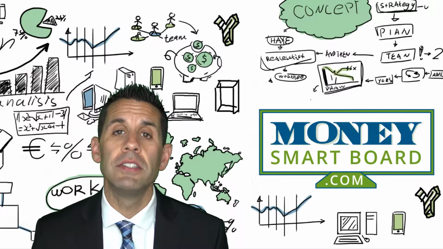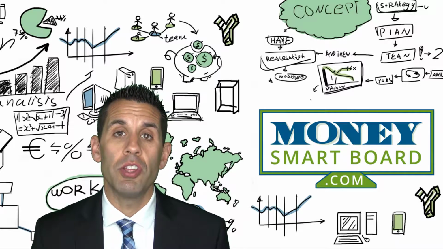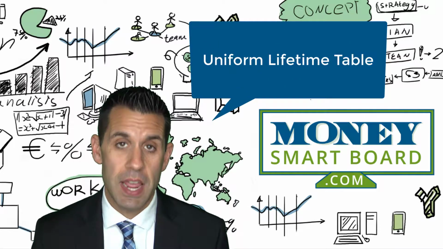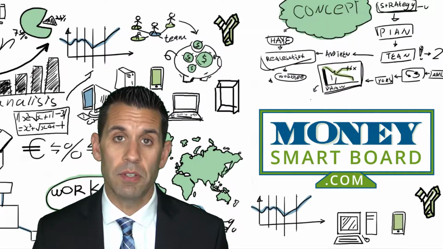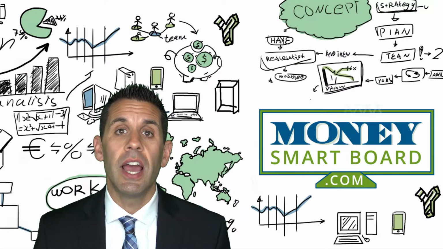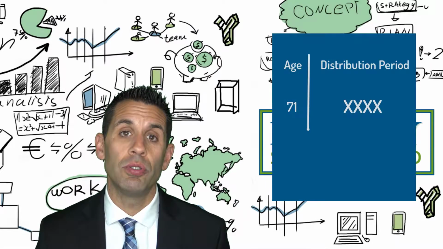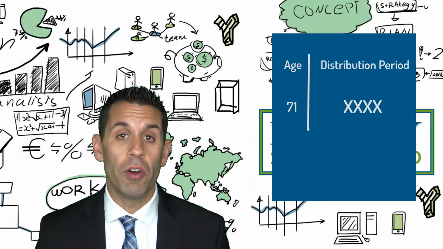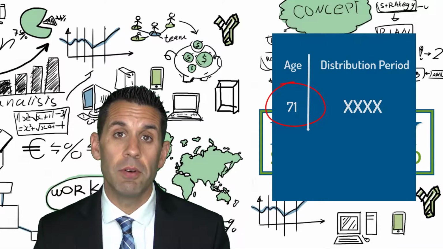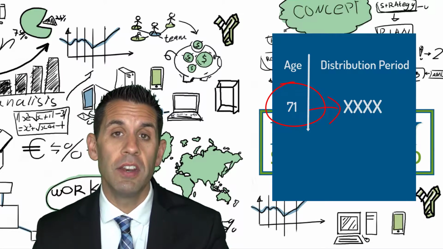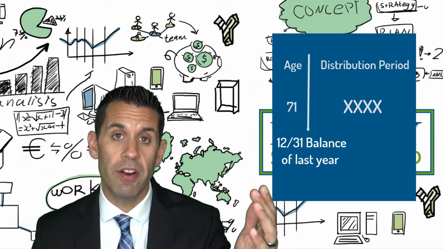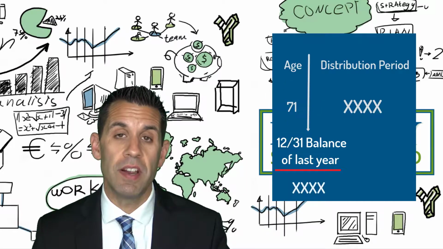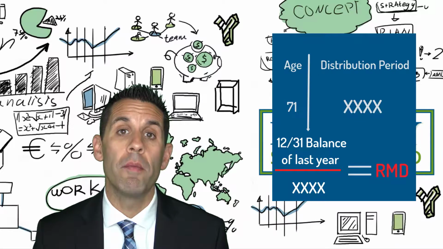So the amount is based on what's called a uniform lifetime table. If you look at the table, you're going to see two columns. The one column shows your age, and the second column next to it shows the distribution period. All you do is you find your age on the table, you look at the distribution period, you take your 12/31 balance of the previous year and you divide it by the distribution period, and that becomes your required minimum